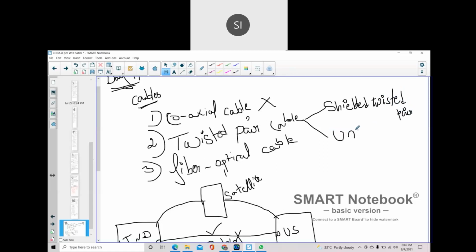Have you heard the words shielded, unshielded? Nowadays we are using the LAN cable, correct? What is a LAN cable? It is the unshielded twisted pair cable, which we can shortly call UTP.